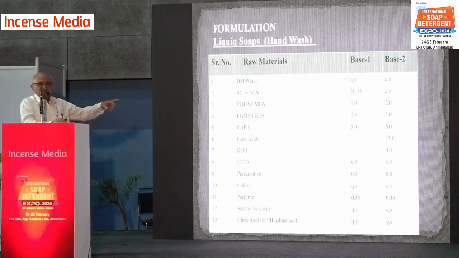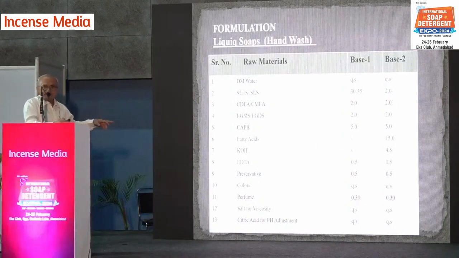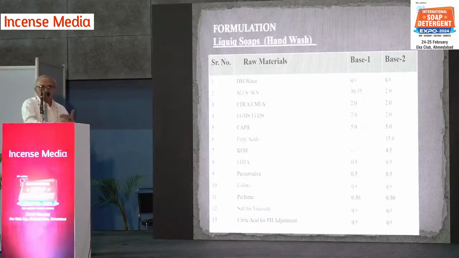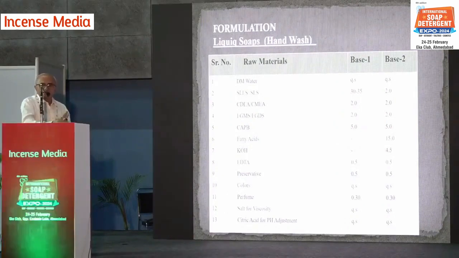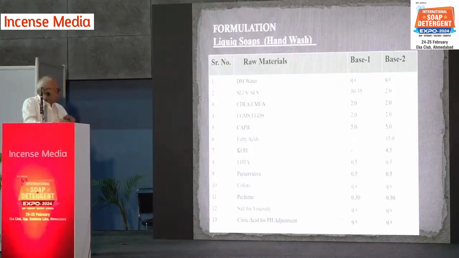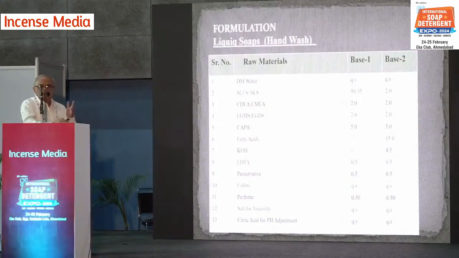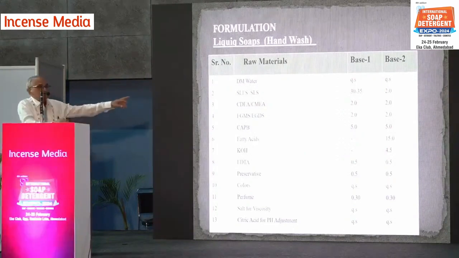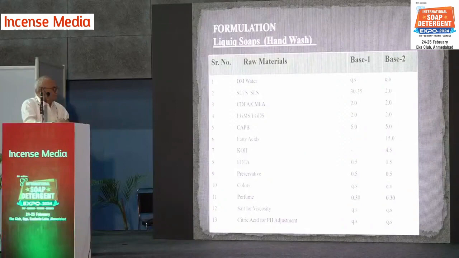Here fatty acid total TFM is 15. If you want to make hand wash from coconut fatty acid, then you can add 15% of coconut fatty acid. If you don't want to add coconut fatty acid, then you can add lauric acid, myristic acid, palmitic acid. Total 15 TFM will be okay. In olden days, there was a Homocol brand hand wash which was made from coconut oil and castor oil only. Then the second formula is similar to FAME.